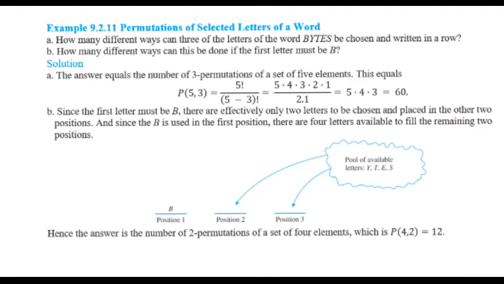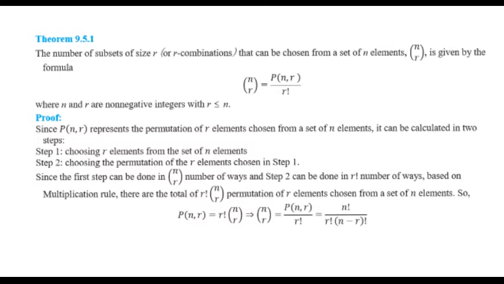You'll get 12. So in the previous slide, we defined the R-permutation of a set of size n, and we calculated the number of R-permutations of a set of size n using the multiplication rule. Now here, we define the R-combination of that set of size n in the following way. We say the number of subsets of size R is called the R-combinations of a set of size n,